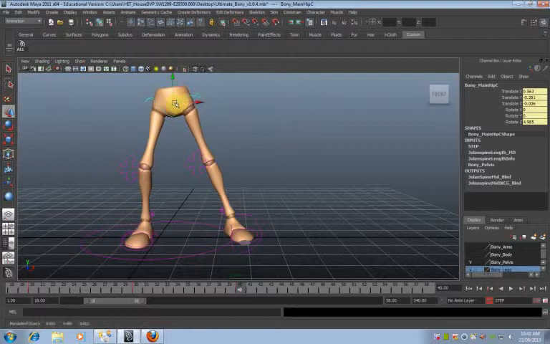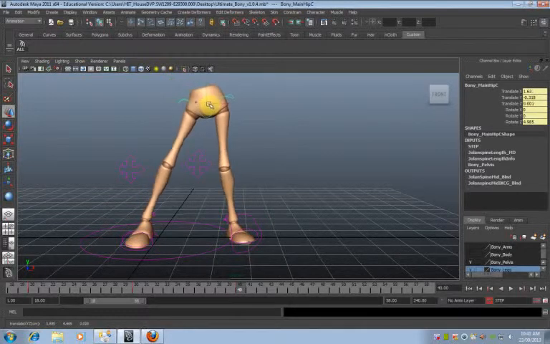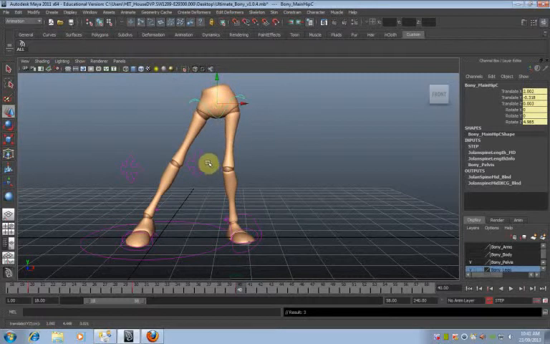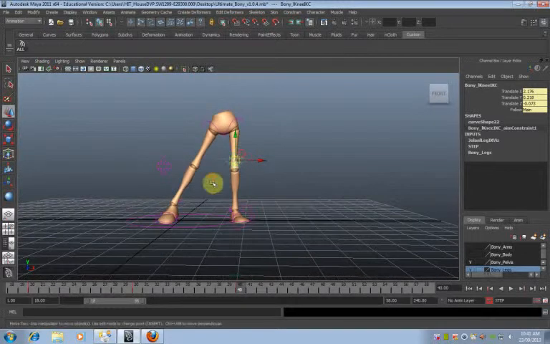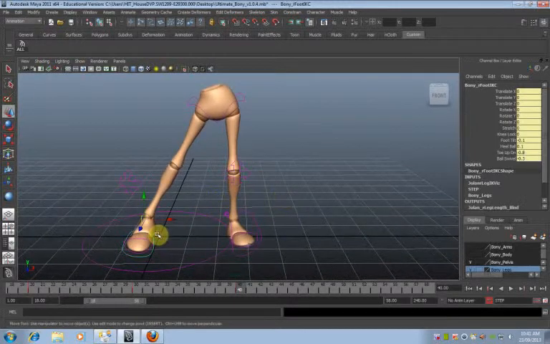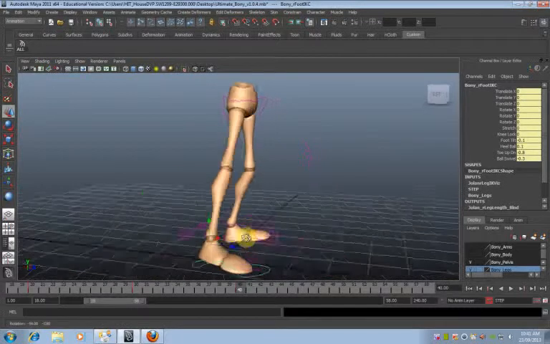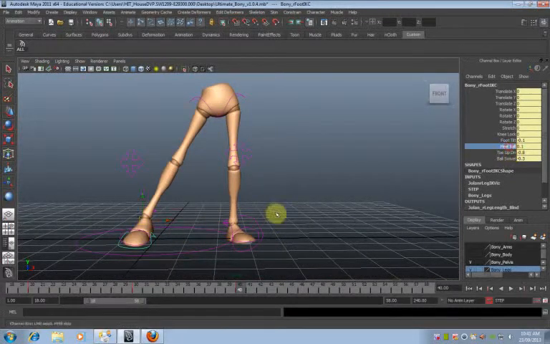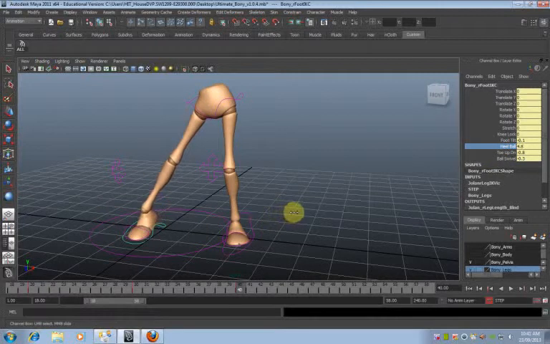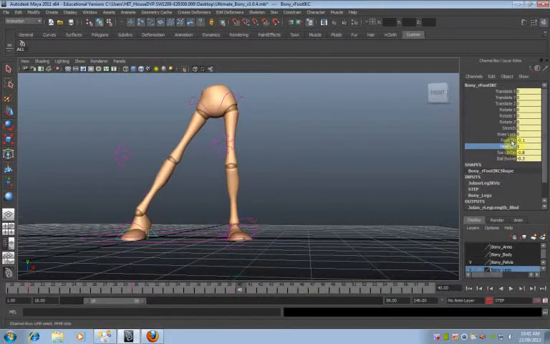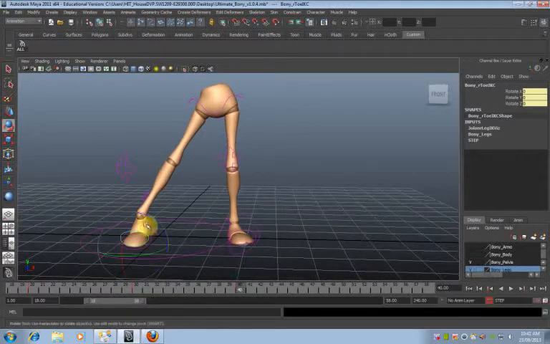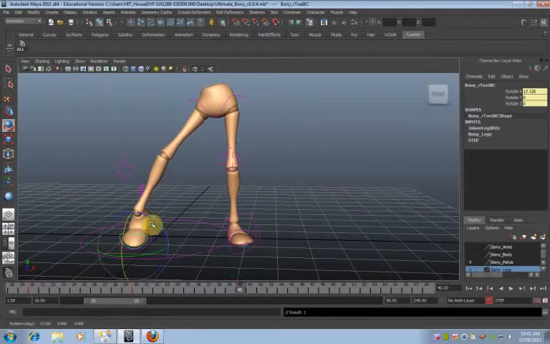My pelvis then moves across over that leg. And I don't want to forget about my knee. My knee should be supporting itself. And this foot here should be doing something to escape the ground. So we're going to think about how it's going to lift off the ground. Think of, first of all, how it peels off the ground there. I'm just using these controllers here, the heel ball, and I might use this one here to lift the foot up and to tilt it to the side,